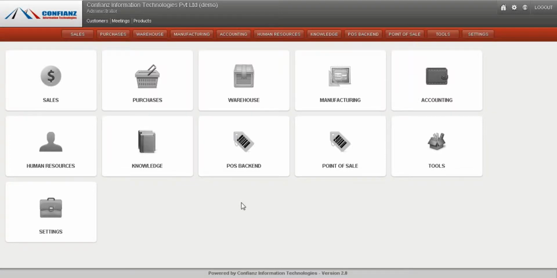Next is about the point of sale module. There are two terminals for the point of sale module in our system: the POS backend, and the point of sale which is used for touch screen. So these are the two terminals for using the point of sale module. Clicking on the POS backend